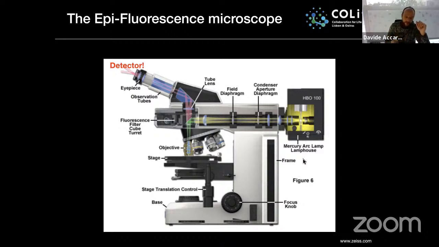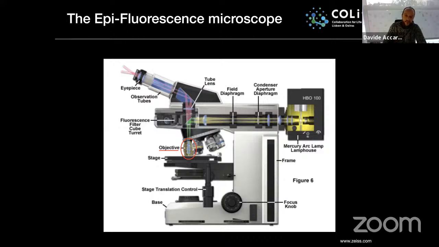So this is not possible in these circumstances. So we will talk about only one of these elements, which is the objective, which is the prince, or actually the king element in your optical path, because everything in the microscope is made to support the function of the objective, okay? If your objective is dirty or damaged or simply incorrectly chosen, then the information that you will retrieve,